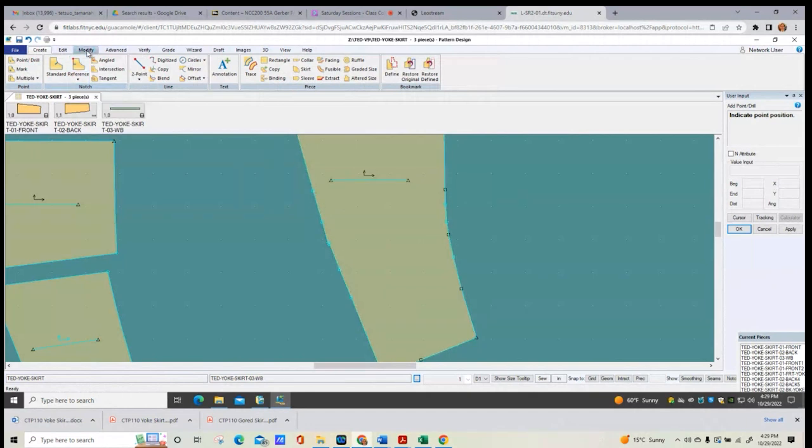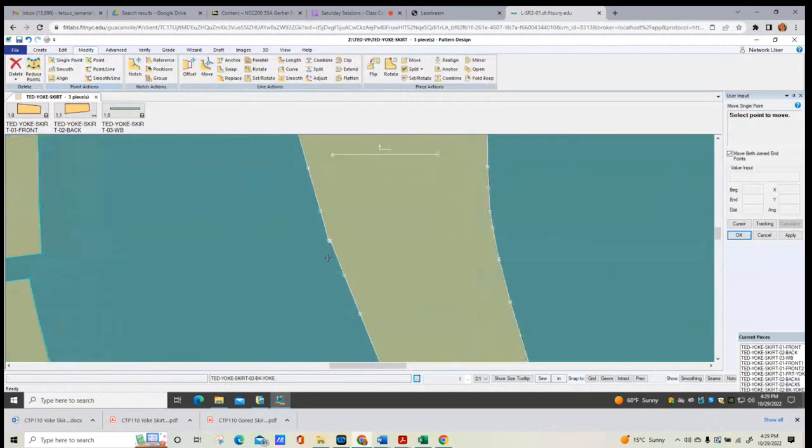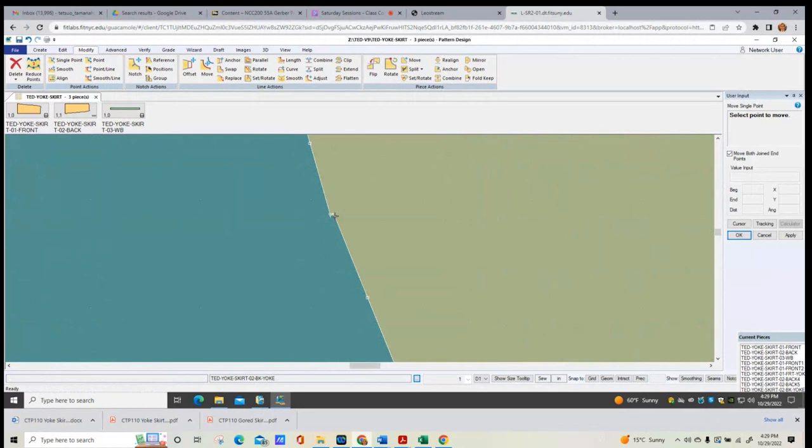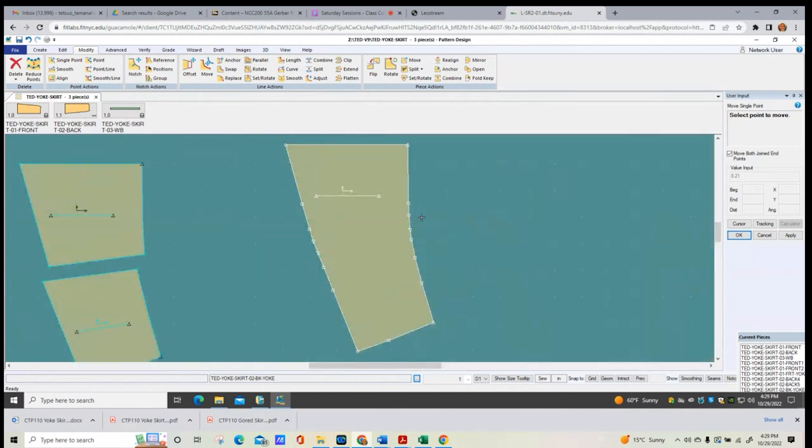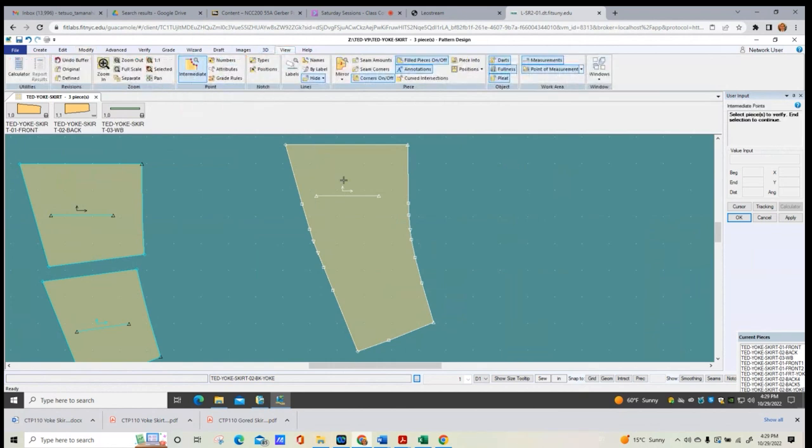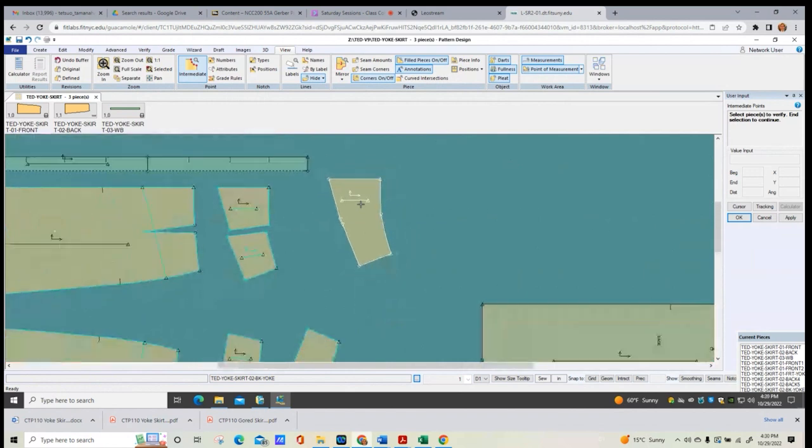Okay, then I will use modify single point, and here let's just move just a little bit, and just round the corner, basically, make it smoother like this. Okay, now I will turn view intermediate off, so you can see the line better, right? That looks much better. Okay,